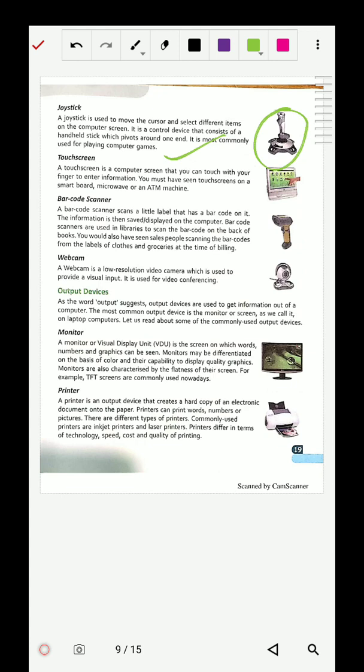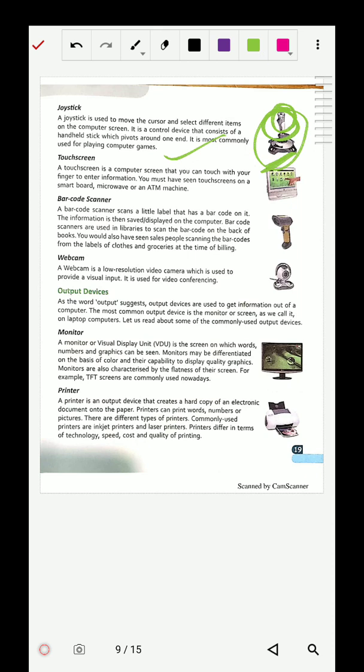You can see it is a type of handle, like a gearbox. You can just move it and control the movement of the cursor on the screen. Actually, we are controlling the mouse pointer on the computer screen. The same way we control the pointer with the mouse, we control the cursor with this handle. We move this handle and we can control it.